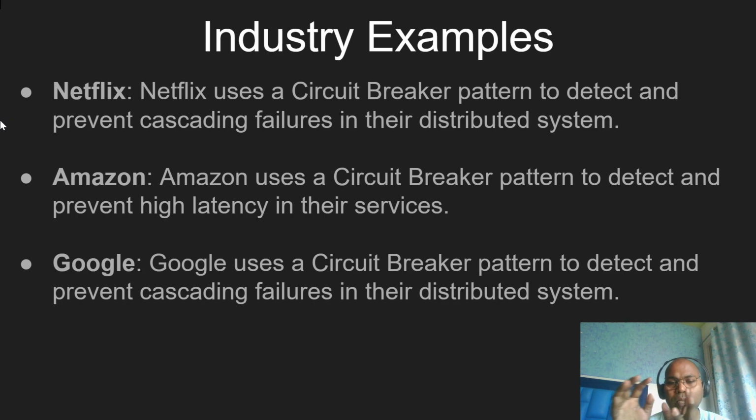They are not specifically circuit breakers, but they already have it built in. Like when you talk about service mesh, Istio, they are bigger technologies, and they have already implemented it and taken care of it. If you talk about cloud service providers, they have already taken care of fault tolerance and detecting your system failure. So these are some concepts with respect to our circuit breaker.